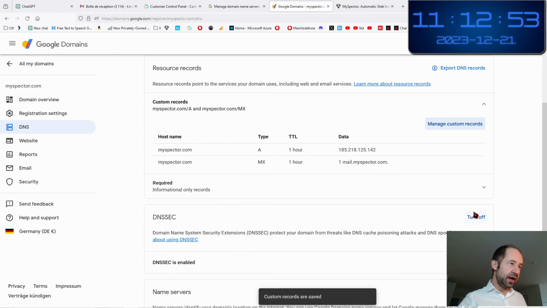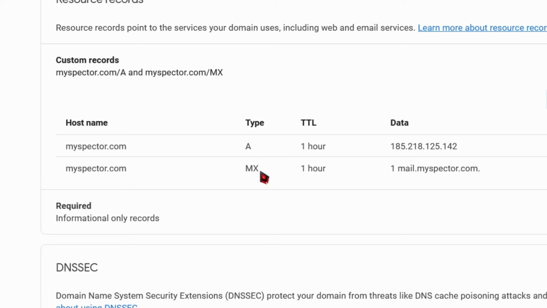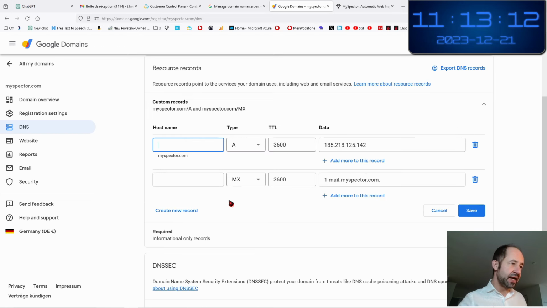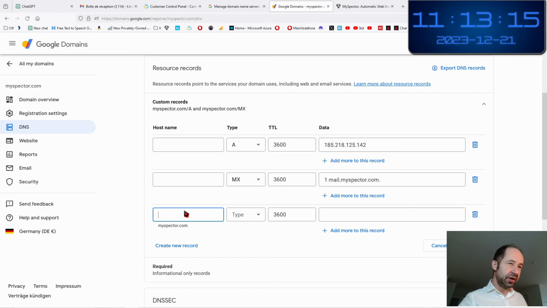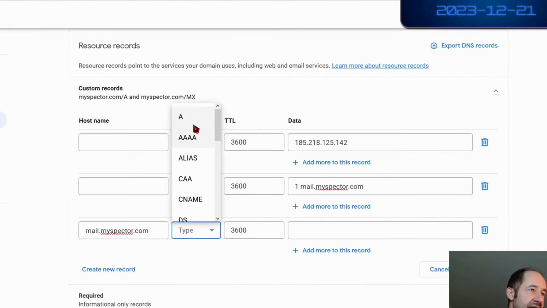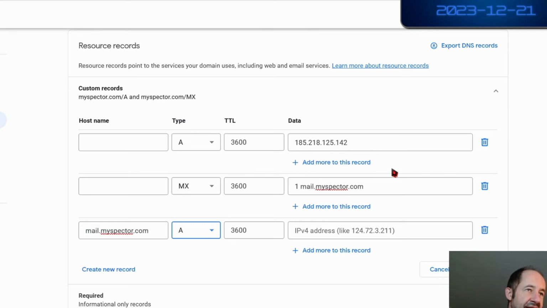Okay. And now you see that my hostname myspector.com has an MX entry mail.myspector.com. So I am going now to manage again and add the entry mail.myspector.com, type A to obtain the IP address, and here I put the same IP address.